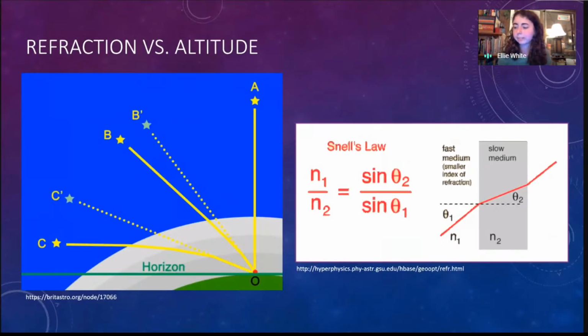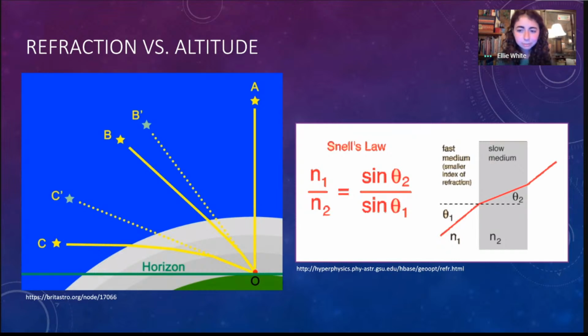Refraction happens because as light from a target travels through the atmosphere, it encounters air of increasing density and bends as it does so. This makes the target appear higher in the sky than it would if the air weren't there. You can see this diagram here. If you look straight up towards the zenith, then the bending is zero because you're piercing perpendicular to the atmosphere. And you can see by Snell's law, which I've put up, that anyone who struggled through high school or college physics knows, has had this beaten into your head.